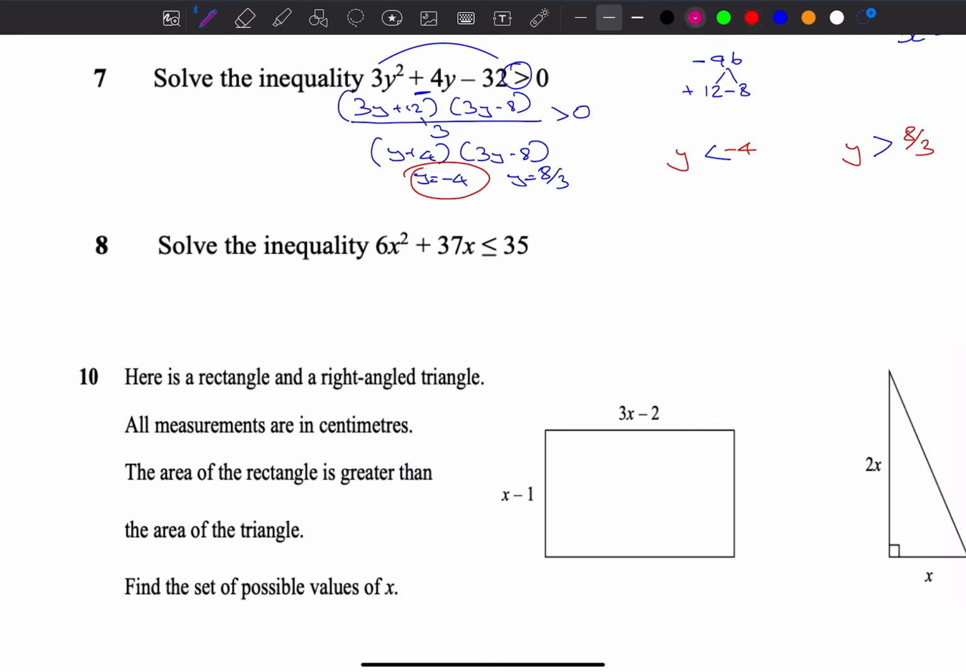Now, we can't do this. We have to bring this inside. So what do we get then? 6x squared plus 37x, minus 35, less than or equal to 0. Can I divide by everything? Not really: 6, 37, 35. Can you divide by a number? Not really. So 6 times 35, which is